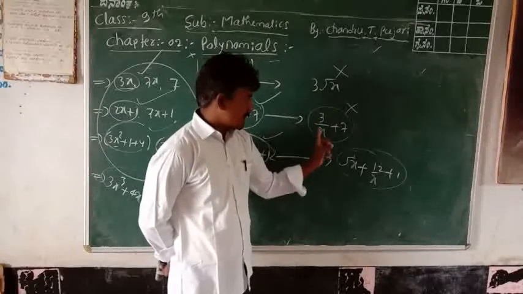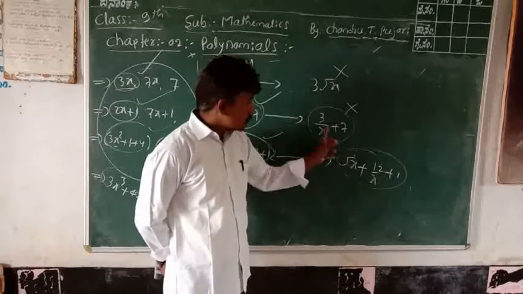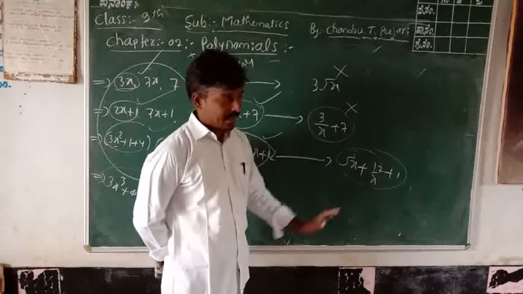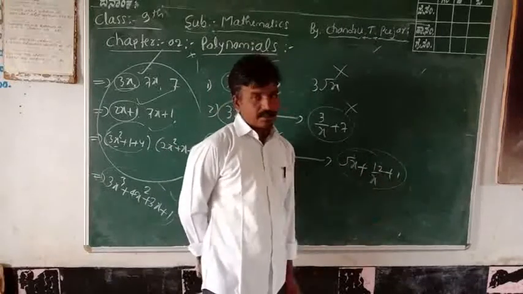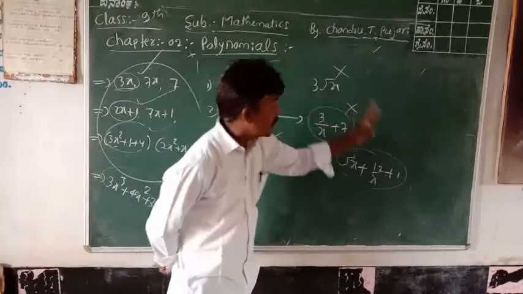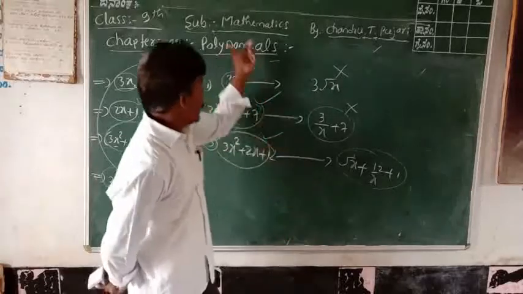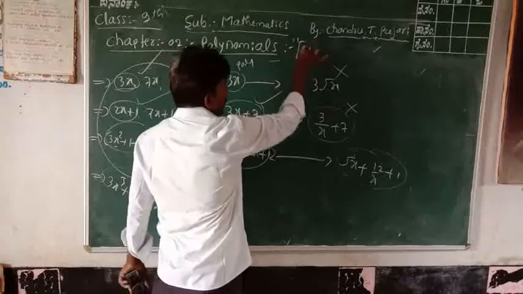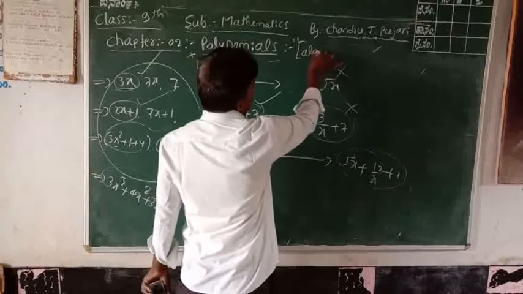Again, the second one has two terms here. Two terms are called a binomial. Again, two terms are here, but this is not a polynomial. Why is this not a polynomial? Again, comparing between these two. Next, first term, second term, three terms are here. This algebraic expression has three terms, but this is not a polynomial. Why? Okay. In the definition of a polynomial, the standard form means the polynomial's algebraic expressions have